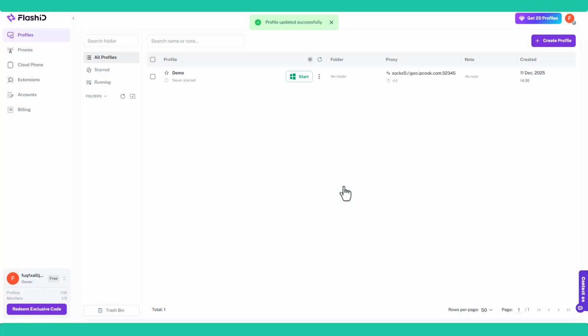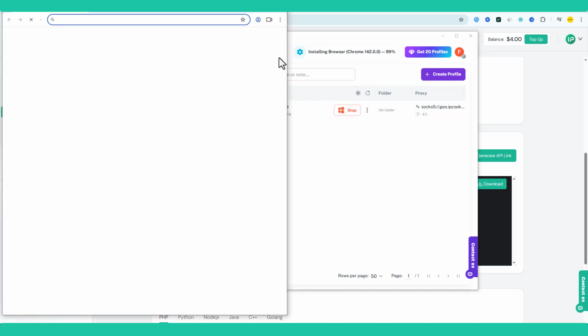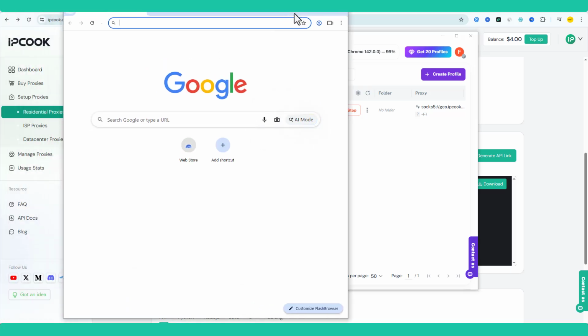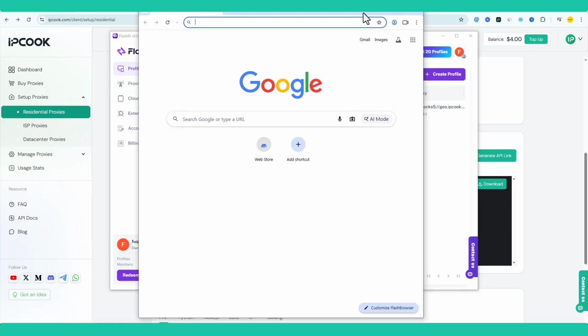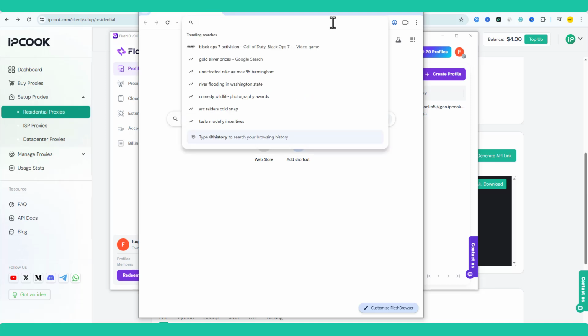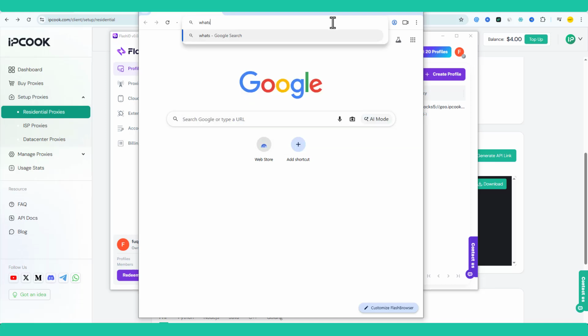Alright, so that is it, guys. You can see we have our proxies already input into our new profile. You can see the proxy of this profile is being displayed, and you can see it's from IPCook. So I'm going to click on start right now, and here we go, guys. You can see we have a browser already downloaded and opened up. So I'm going to come over right now, and I'm going to click on those profile already generated for me by Flash ID. Okay,